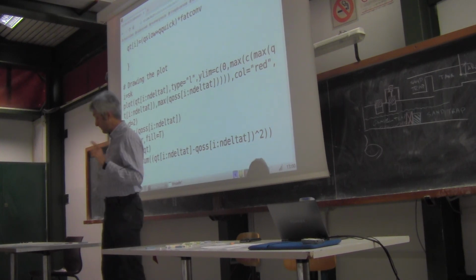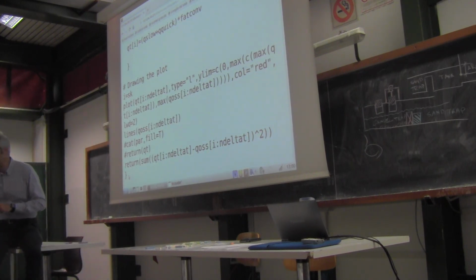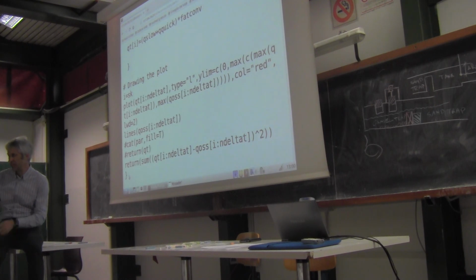But the exercise asks you to perform an automatic calibration. I think it is explicitly requested. I don't remember. But in any case, I want to give you the tools for performing an automatic calibration. Indeed, there are several options in R that allow you to find the optimum of a function, which means